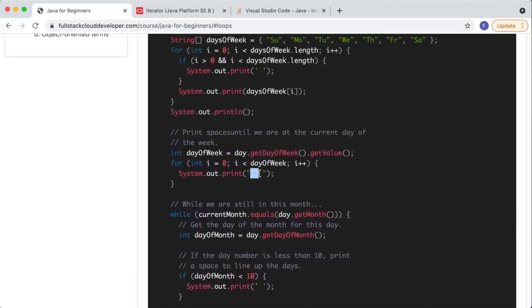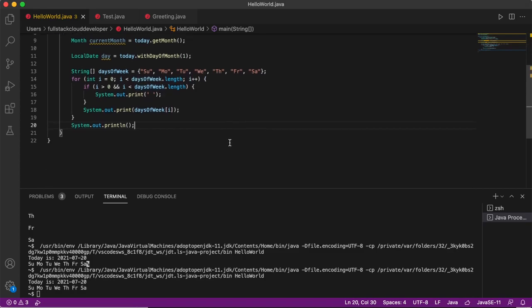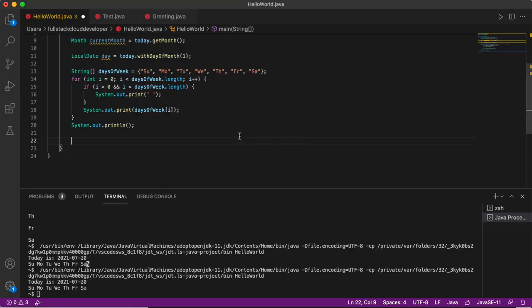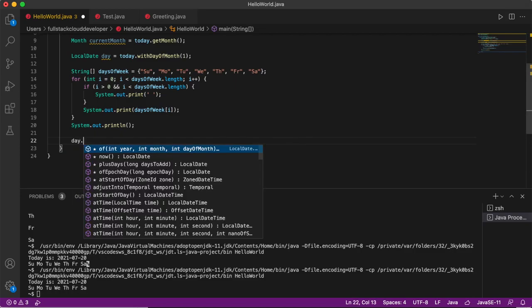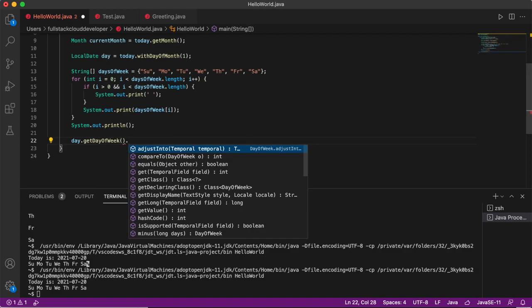So we've got 1, 2, 3 spaces in here, right? So it's 2 possible characters plus a space, so we're going to do 3. All right, so then we want this here, and we're going to do day, so that's the day that we're assigning. Get day of week, get value, so it's going to give us the number. So let's do that. So day dot get day of week dot get value,